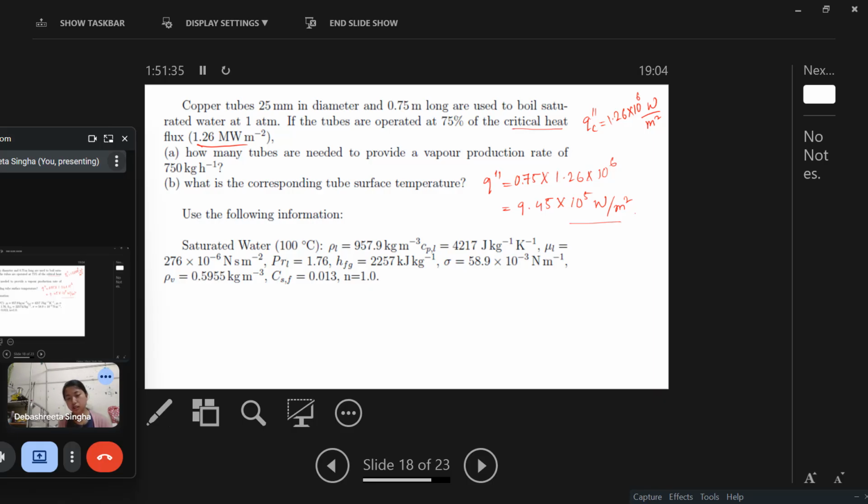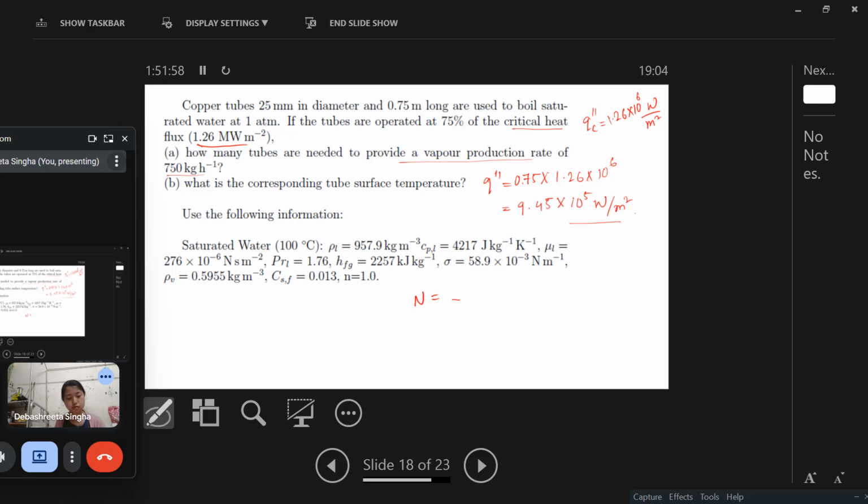Okay, so next, they have asked us to find out how many tubes are needed to provide a vapor production rate of 750 kg per hour. So if you want to find out the number of tubes, we can calculate it by,